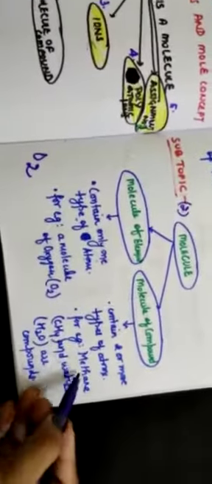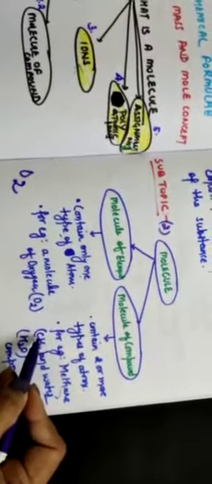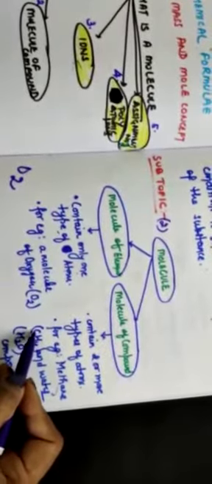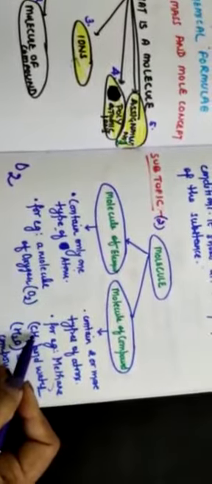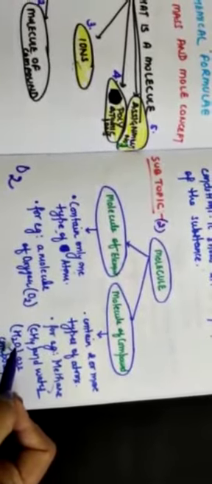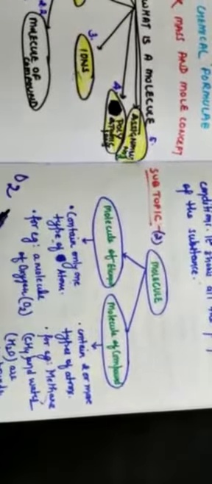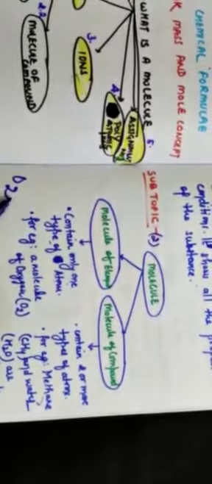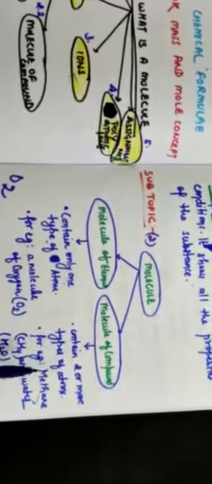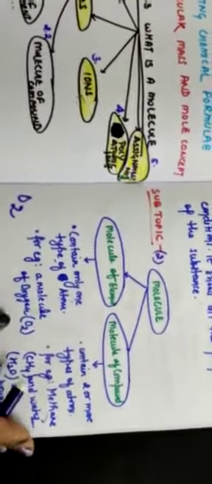And here you have methane, CH4, and water, H2O, right? So here atoms of carbon and atoms of hydrogen are used. In case of water, atoms of hydrogen and atoms of oxygen are used. Understood? So in case of element, only one type of atom is present in a molecule, and here there is a combination of 2 or more types of atoms in a molecule. Understood? So this is about the types, and one by one their description.